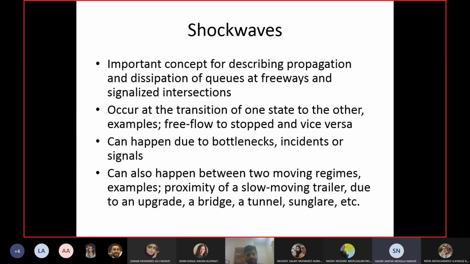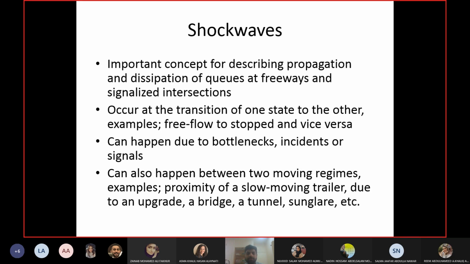After the red light? After the red light, yes. Thank you. So you are stopped on a signal. So obviously the segment in front of you will be completely empty when the light becomes green for you, right? Because everybody else is stopped. So that segment is free flow. Okay, so yeah, very good.